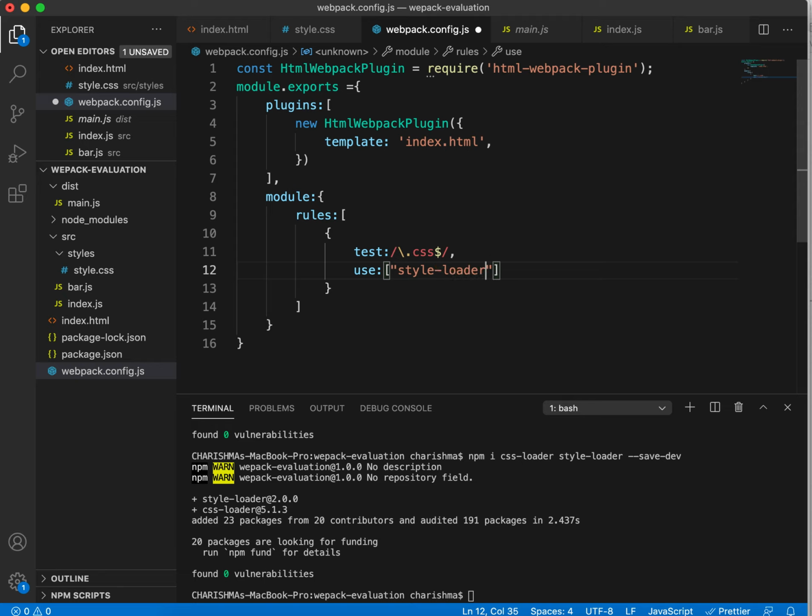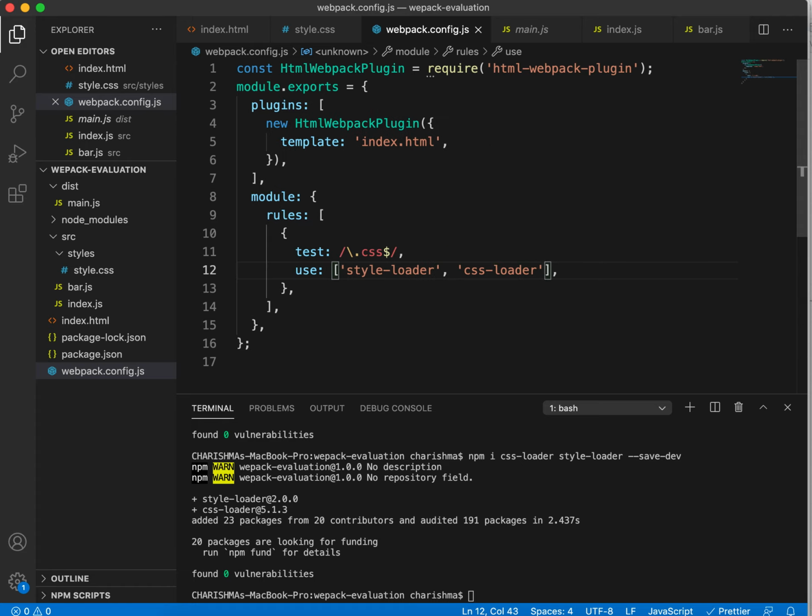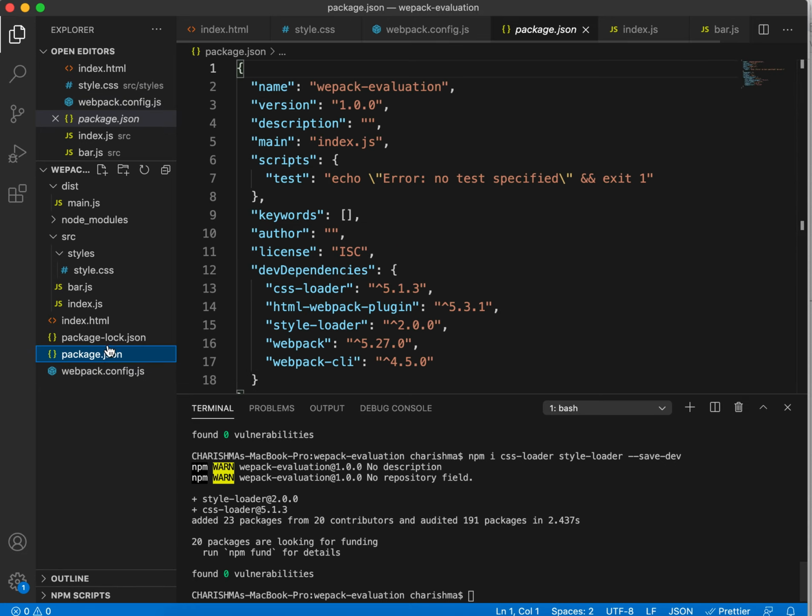Style loader is the second one. CSS loader will be the first one. Order is really important here. That's one thing to remember. Now I loaded my CSS. Let's bundle this. Okay, before we bundle using this config file, it's better to have the commands